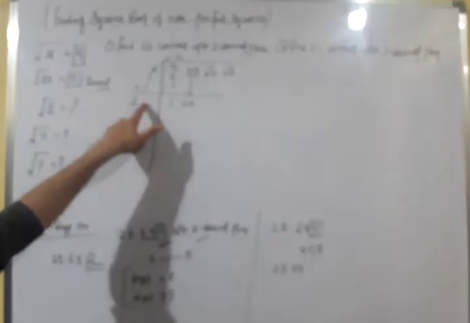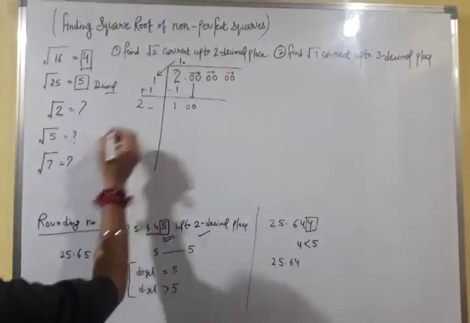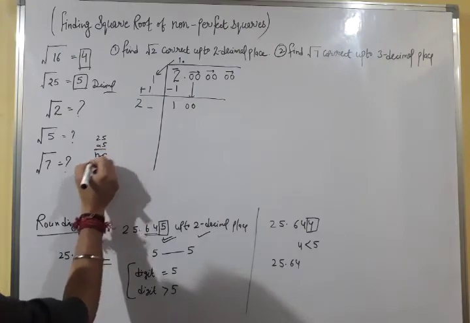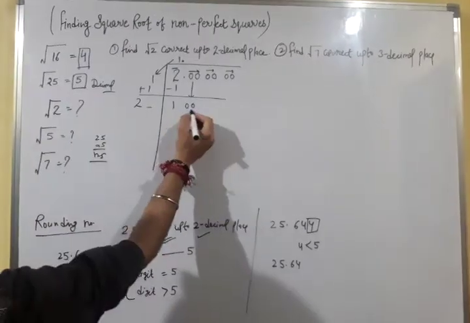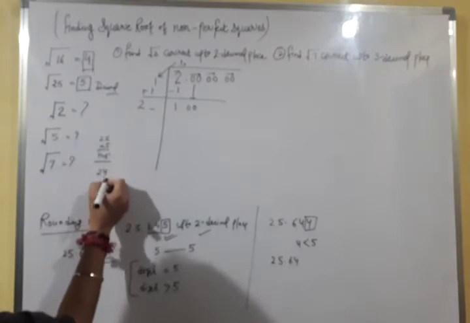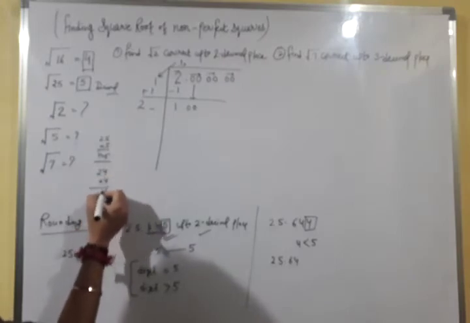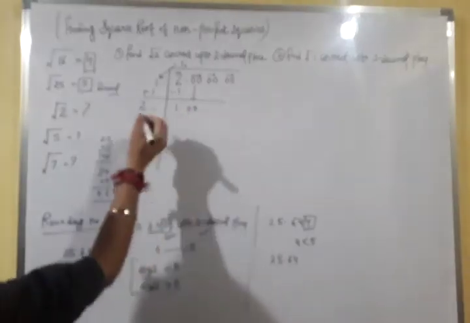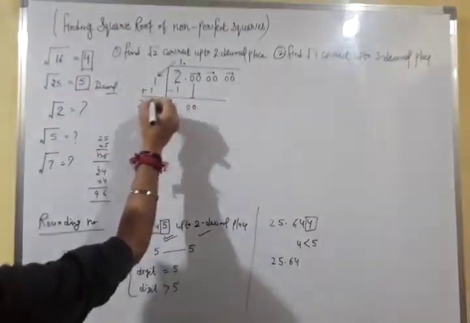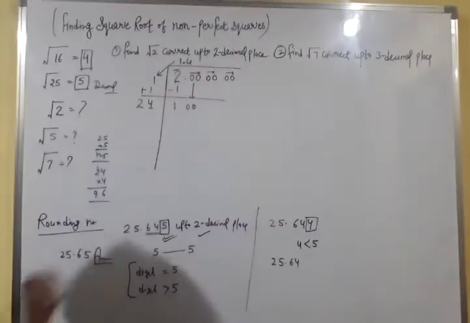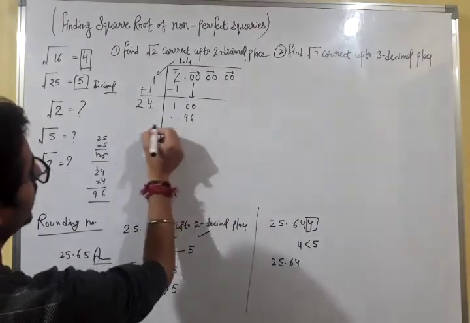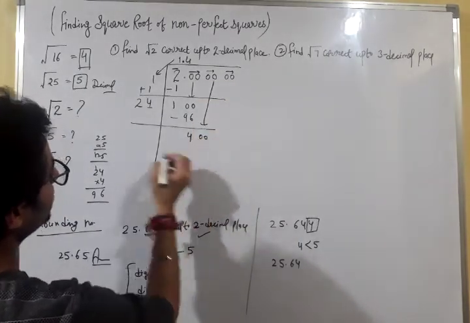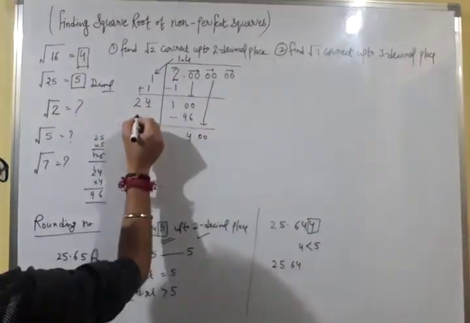If we write here 5, then it will be 25, and we have to multiply by 5, then it will be 125. So 125 will be greater than 100. We will write 4 and we will multiply by 4. 4 4s are 16, 4 2s are 8 and 1, 9, 96. 96 is less than 100. So after 2 we will write 4 and we will multiply by 4. It will be 96. After subtraction we will have 4. We will carry the next pair of digits and we will add this 4 here, plus 4.